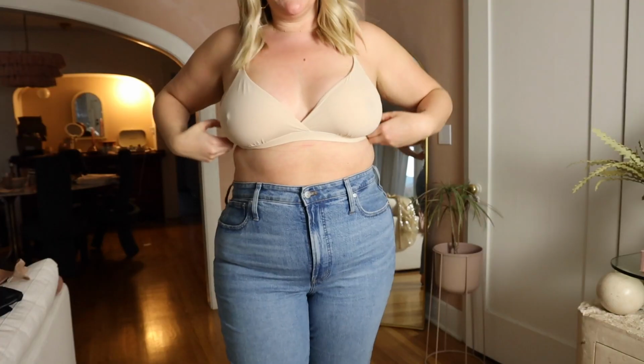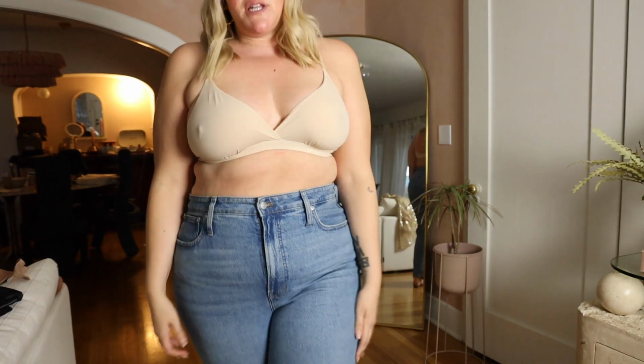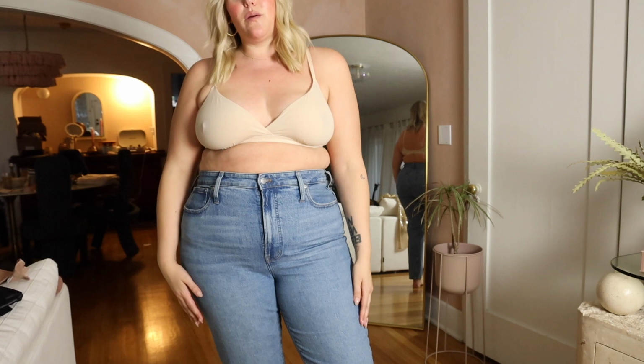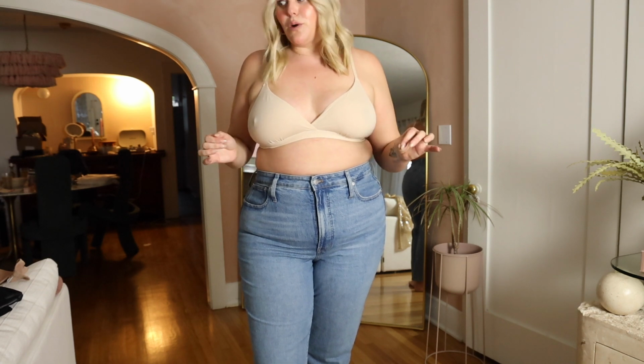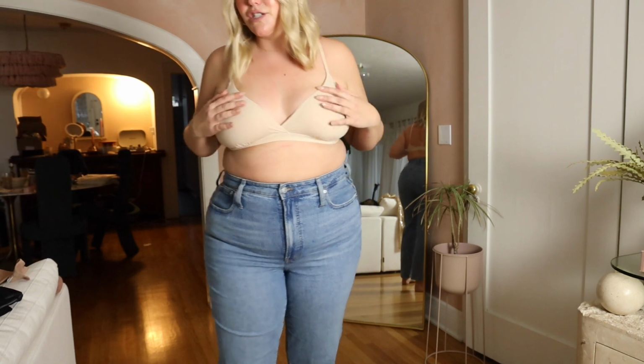It's so great. Here is the fit of it. As you can see, I've got large boobs and it holds them up just enough, comfortably, and it feels like I have nothing on at all, which is the reason why I wear them day in and day out. It sucks because I don't want to wear a regular bra anymore. I truly couldn't tell you the last time I wore a normal bra if it wasn't a strapless or a special one. Almost all day, every day, I'm going to wear this because it's so soft and